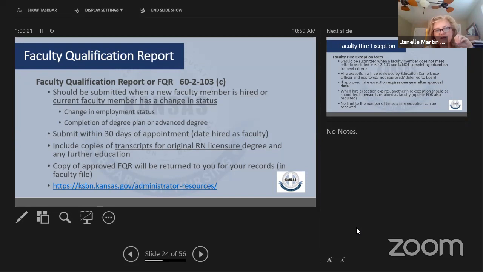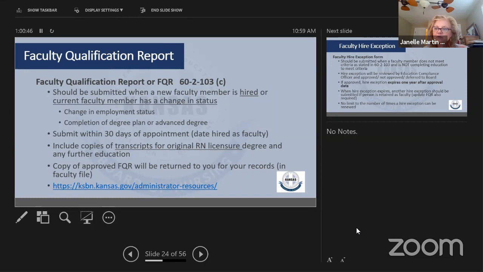If I don't have all the documentation, I will send you that same email back, but it won't say approved. It will say you still need to do this. And I usually try to write at the top that it's incomplete so that you know something needs to be done. It's still a process for me, but I've been trying to indicate whether it's an approved one, an incomplete one, or something else. But those are the two things I can think of.